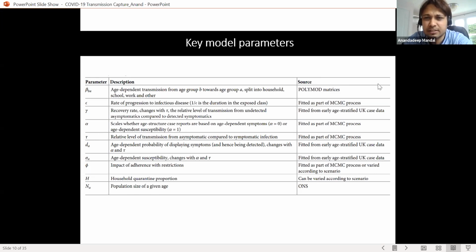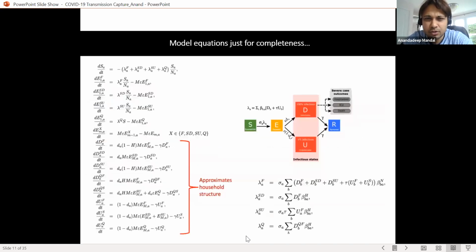So all this data here, I've also stated the sources from which we get the data. Some of them are data directly from ONS, the statistical database of the UK. Some of them we fit the data. That means we run simulations on the very little data we have, and we get the data. So what we run is an MCMC process. I will quickly tell what that is. We can forget this slide. This is just for the completeness of the presentation.